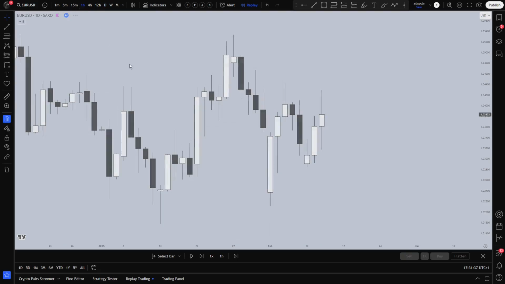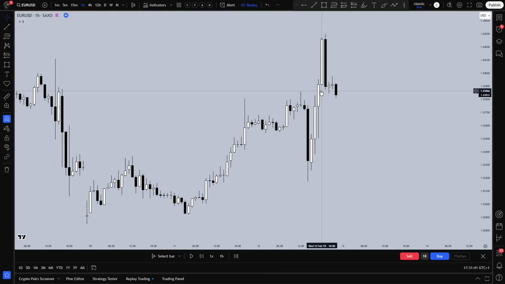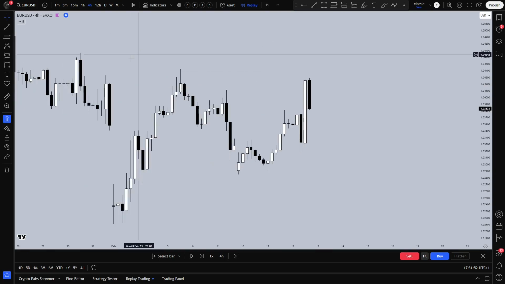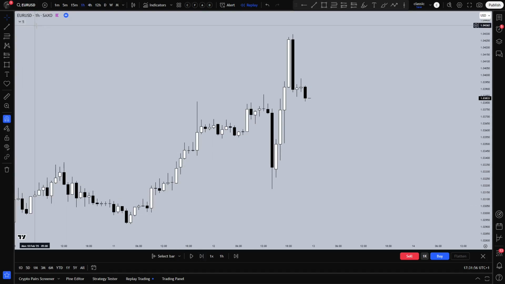Then if we drop down to the hourly to determine a key level, then what do we have here? We have this fair value gap here, and on the H4 we also have this order block here. So that's where we want to see price retracing into and then continuing into the higher time frame targets. So now we wait again for